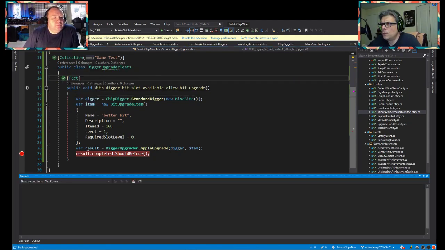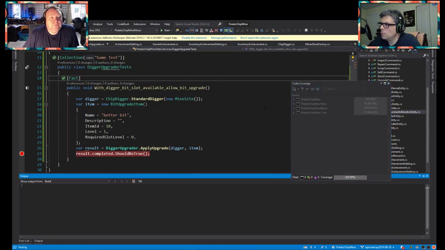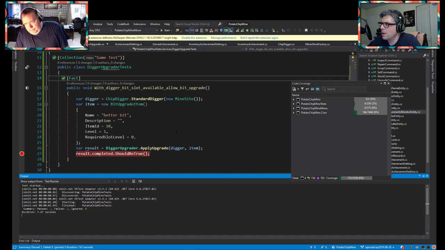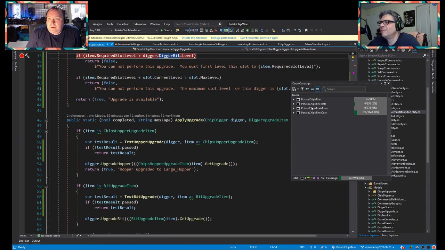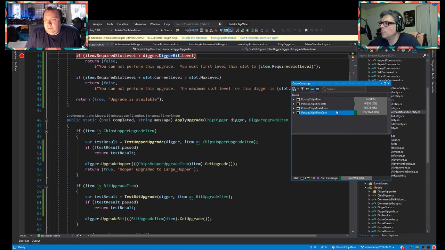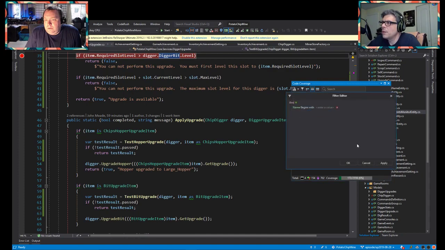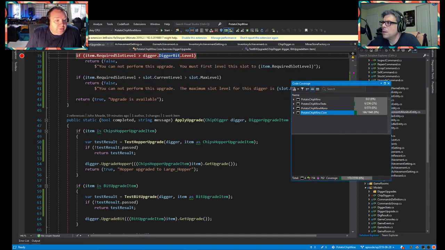So if I run with coverage, which will make this kind of nice to see. You can check our coverage, because we wrote our tests after we wrote the code. Hold on, how do I turn it on? I feel like there's a way that I can. What are you trying to accomplish with this? I'm trying to turn it on over here. I want to be able to see which